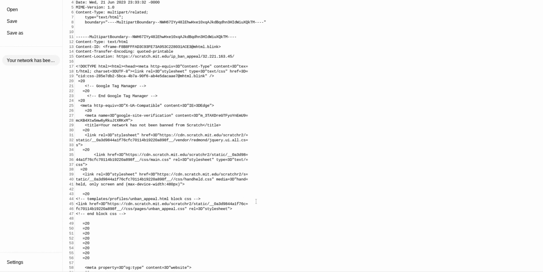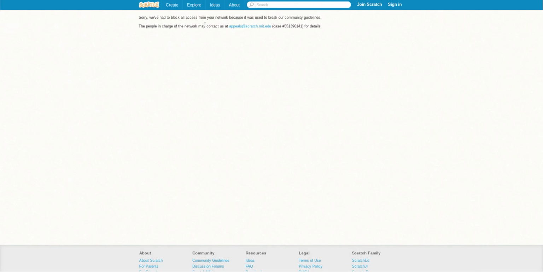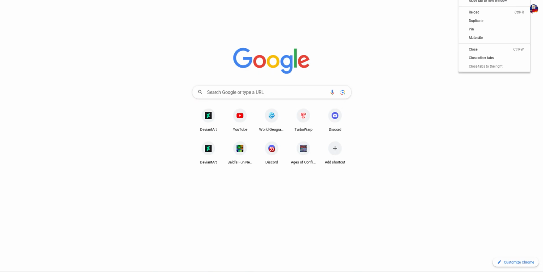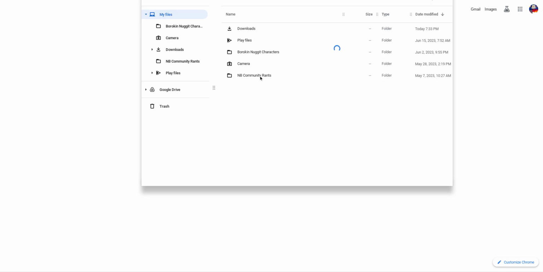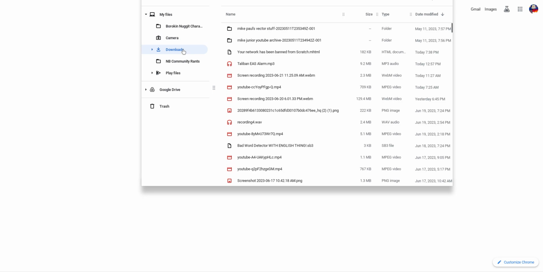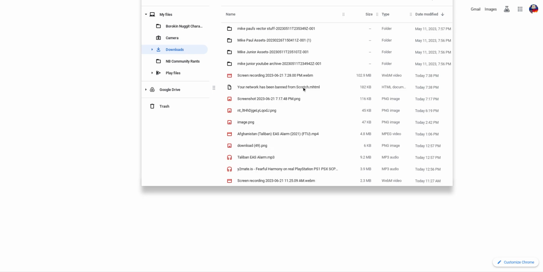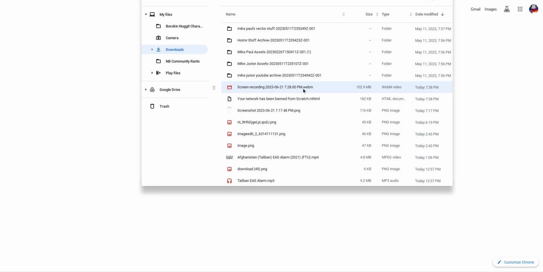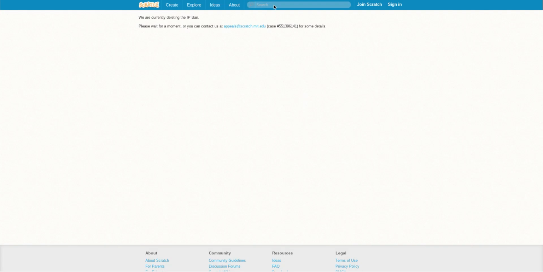And if you click on save, it'll just save any of this. And when you go back to the IP ban, it just does. Well, if you want to know why, I don't mind. However, if you do file load from, you can go to downloads, and you'll see your network has been, oh, not that. Oh, this here.